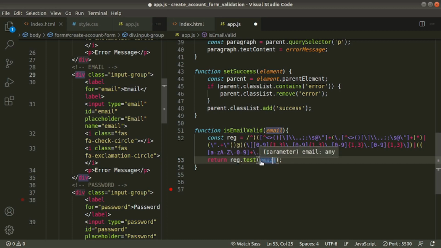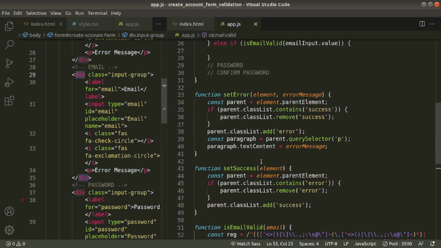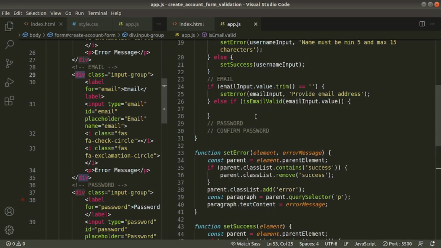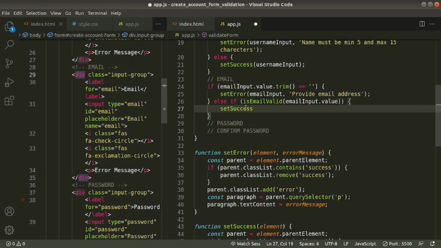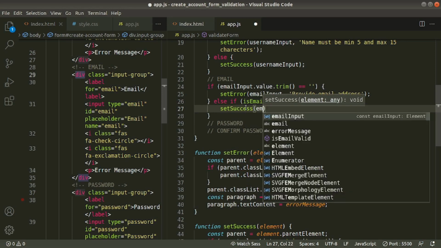Okay, now go to here. Now if this function returns true, that means our email input field value is valid, right? Then we'll call setSuccess and pass the email input field.